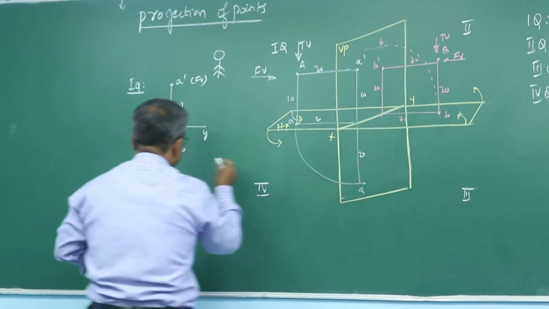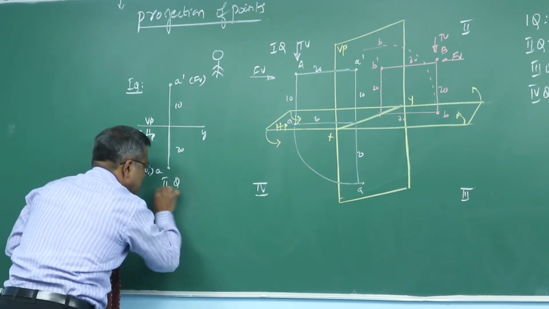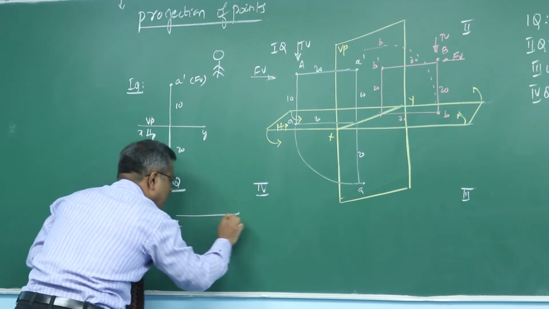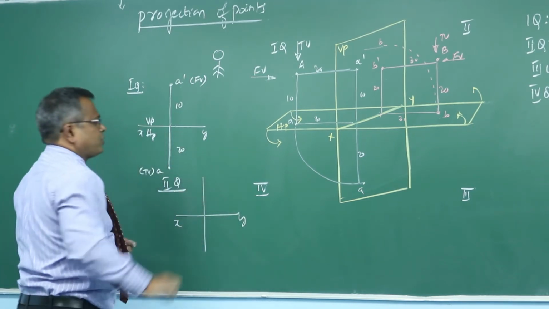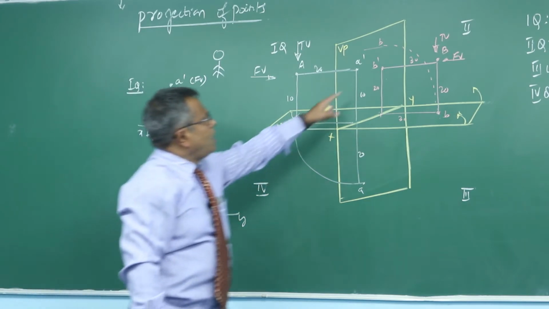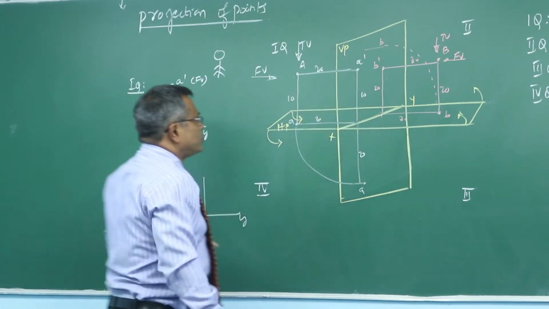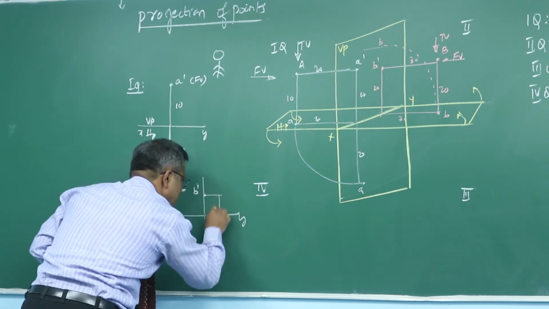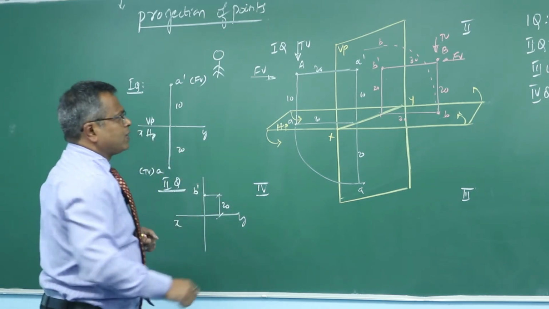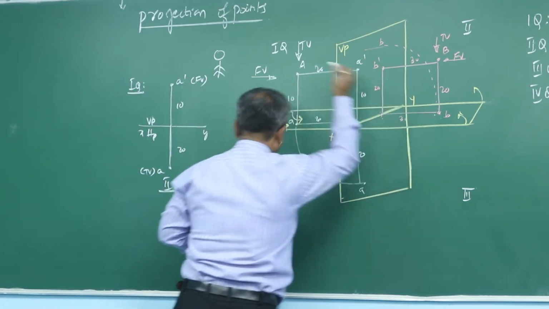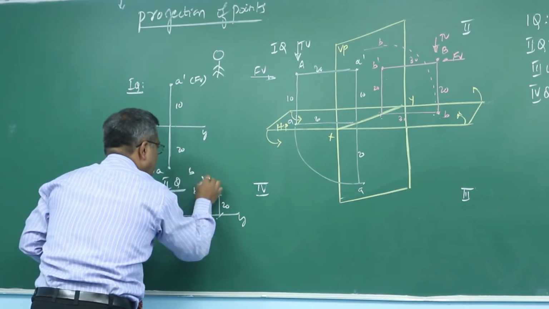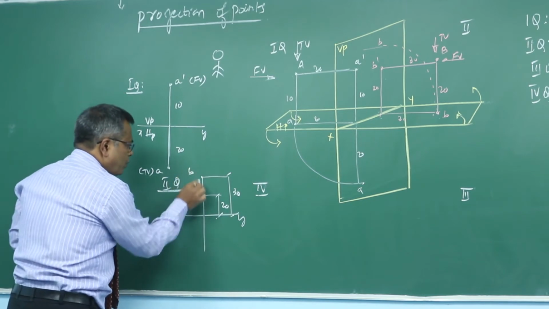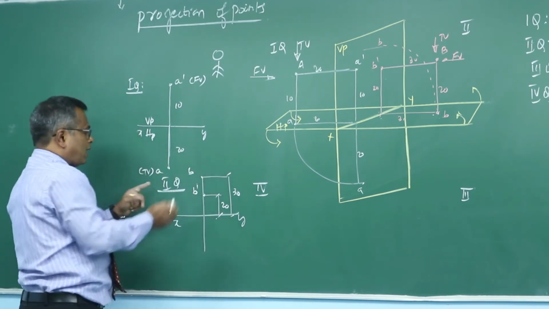See now, observe here, as in the case of a point lying in the second quadrant, how can we do the 2D drafting? Very simple. You draw a very thin XY line with medium pressure, and draw a vertical projector. On this vertical projector, mark B dash at a distance of what? 20 millimeter above HP. And mark B at a distance of what? 30 millimeter also from the XY line. That is my top view of the point, B at a distance of 30 millimeter. So both the top view and front view are above the XY line.